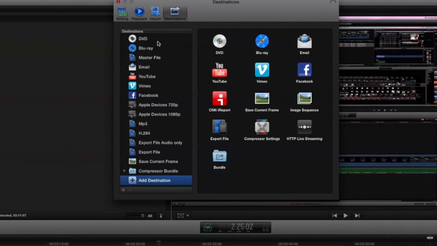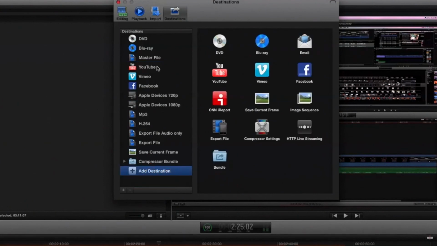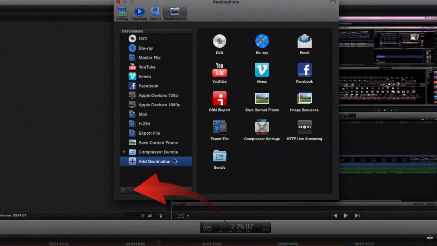Now what we have here is the ability to add items to this list. So we can take presets from the right hand side and add them to our default list. And equally, we can take out items that are in the default list by using the minus button here, and it will take out your unwanted destination. So export file audio only can be deleted, as I don't need this. We can add to this menu